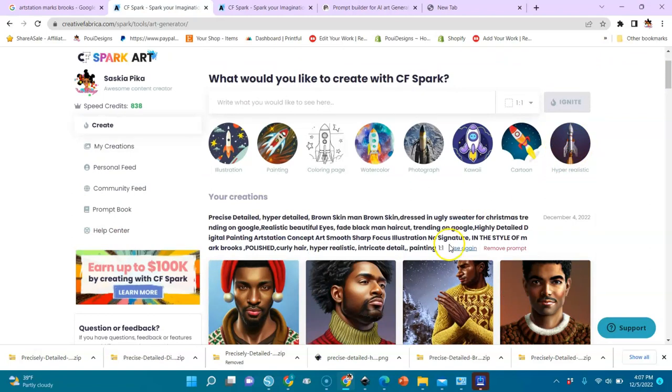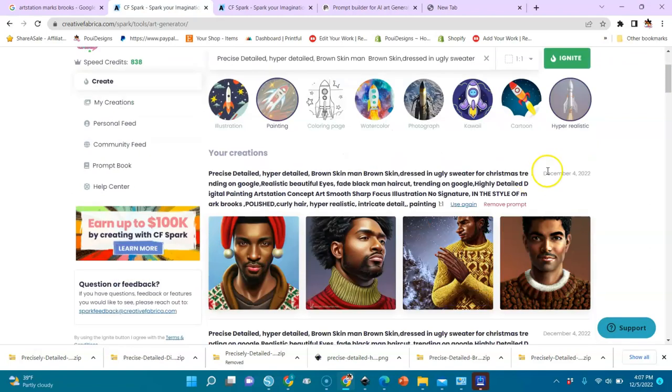If I use it again, you see that I put hyper realistic in it. I put painting. I chose these two so they will be in my image. And like I told you, ugly sweater for Christmas trending on Google. You see, it chose sweaters for the guys.